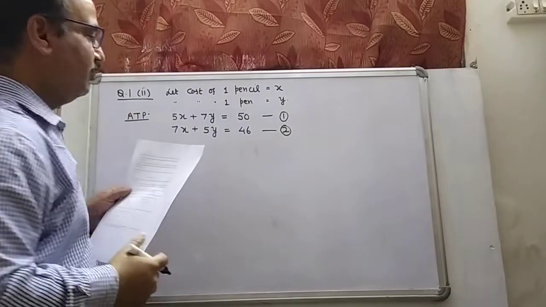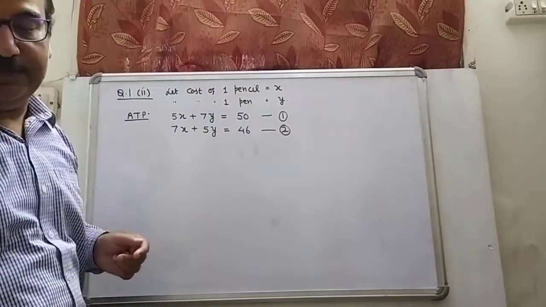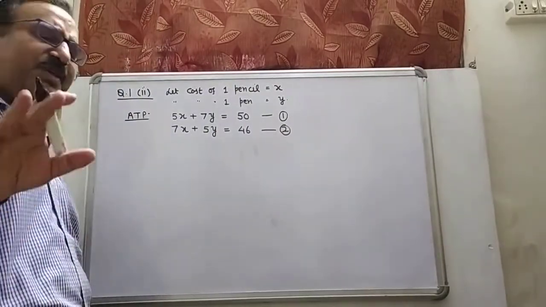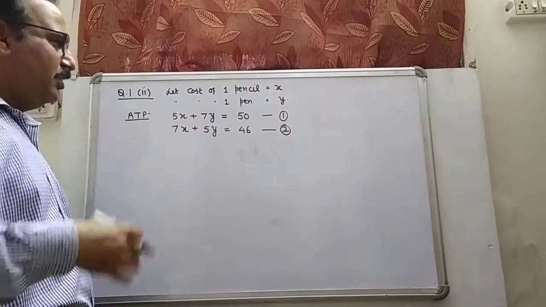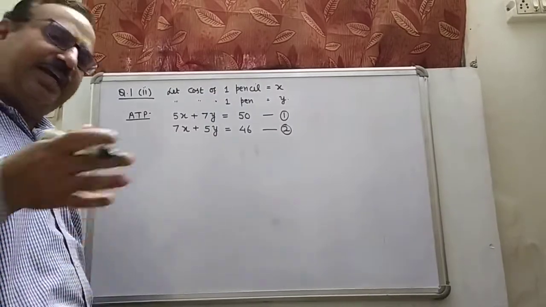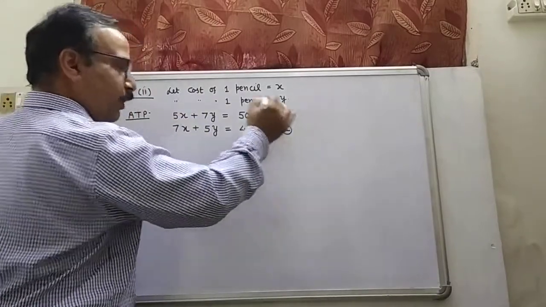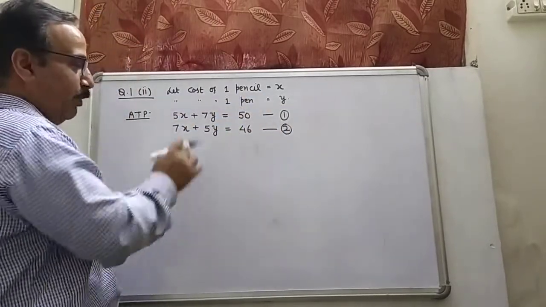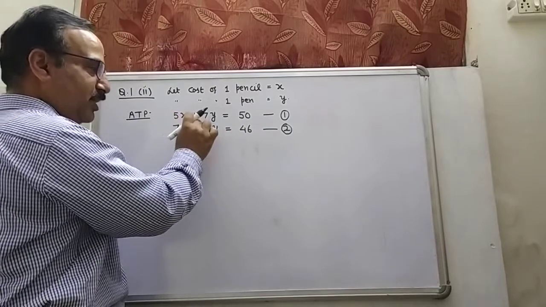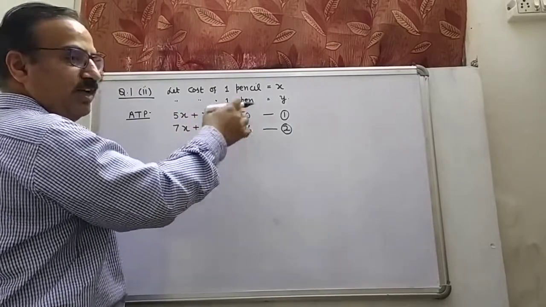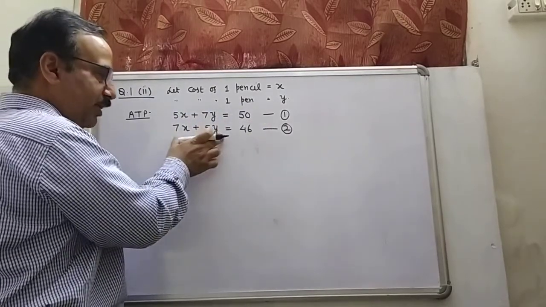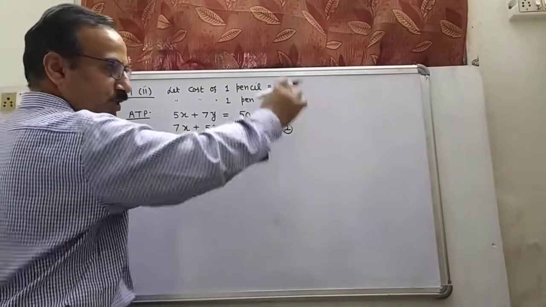And now we have to solve these problems graphically. You are very much familiar with the method. How can we solve them graphically? Again we are discussing it. Okay. First, we have to take one equation. We have to put several values of x, and then we have to find several values of y. We will do the same in equation number 2, and then we will plot the lines.